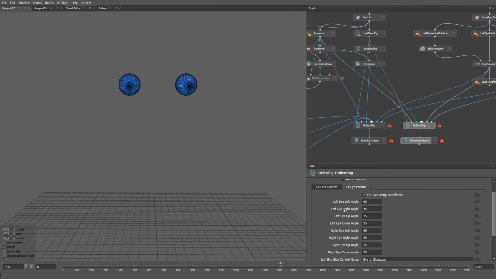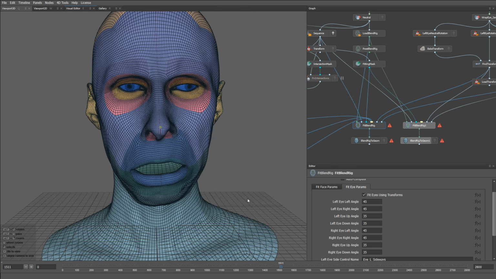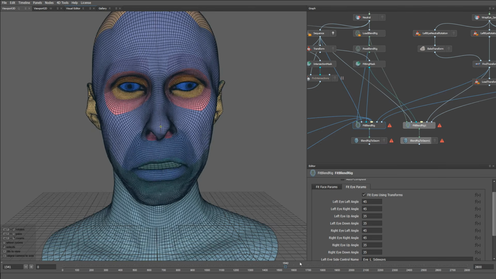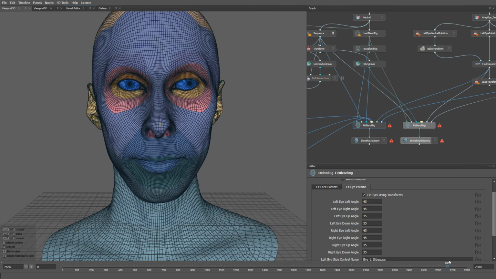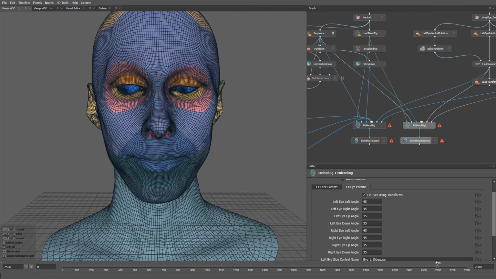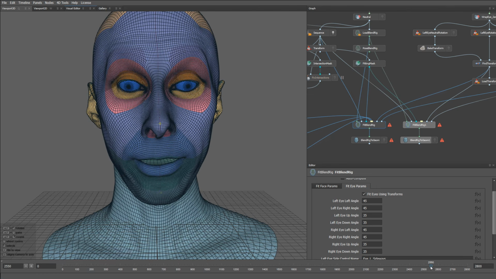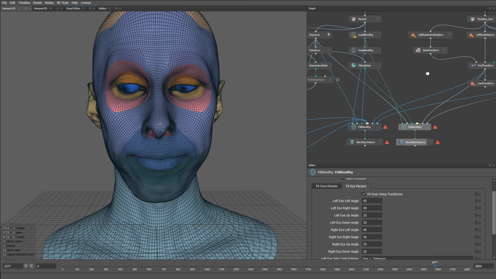These values are set up by default, but may not be very accurate. What you really need to do is look through a sequence and find some key expressions where the eyes look absolutely left and absolutely right. For this, it's better to use some range of motion sequence. When you find this kind of expression with the eyes looking left and right, you can go to this node,